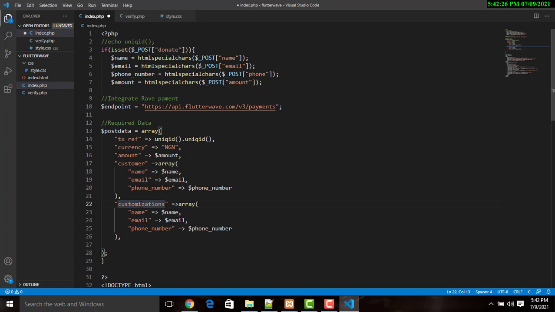Customizations, like that. Remember, look at how I spelled it. This is customizations, and this is just an array, so I'm not going to need all of this right here. So what I'm going to need now is a title,